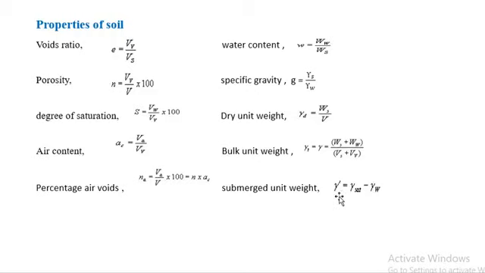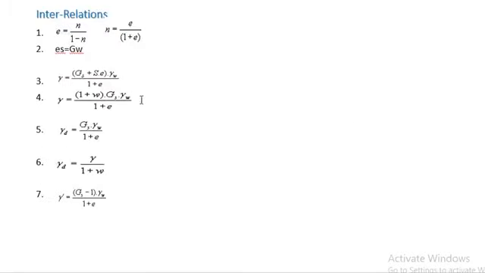Submerged unit weight means gamma saturated minus gamma W. Their interrelationship: void ratio, you have to remember all the formulas, as it will come as a numerical for 1 or 2 marks. Here e = n/(1 − n), n = e/(1 + e), e S = G w. You can also remember this by another